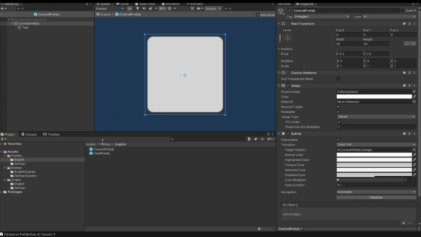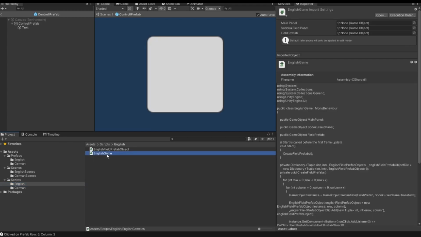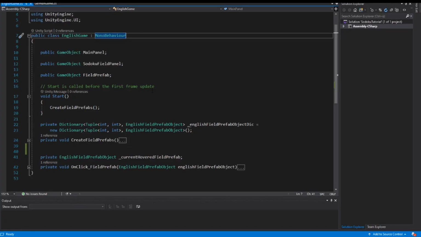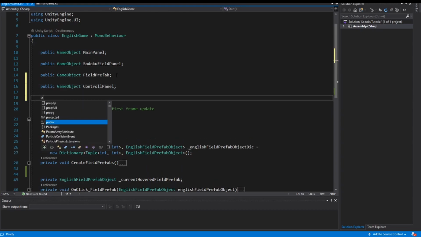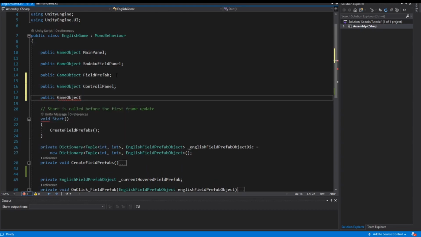The next point is we open our English game script in Visual Studio, and inside this script, over the start method, we create two properties. One is a public game object, and I call it the control panel, and the other game object is the control prefab. So I save the script, I go back to Unity,